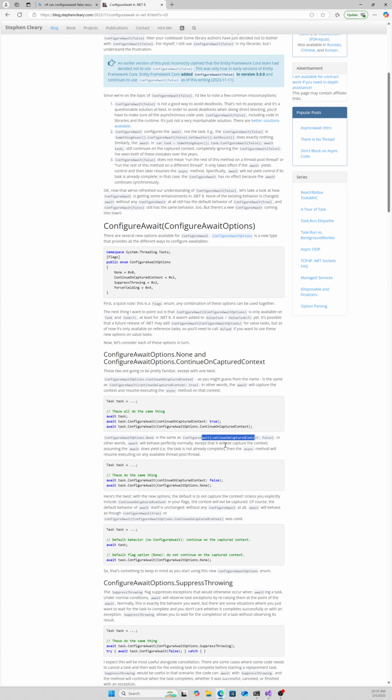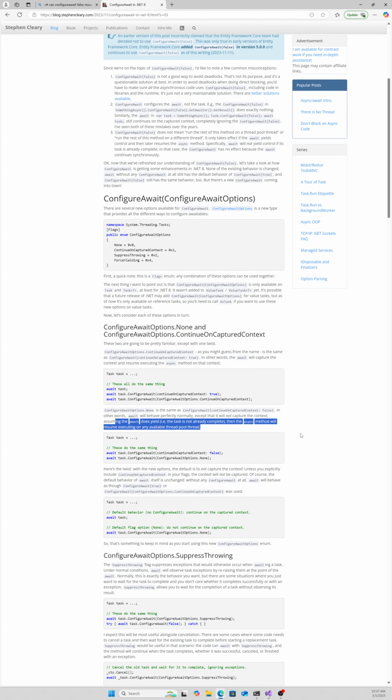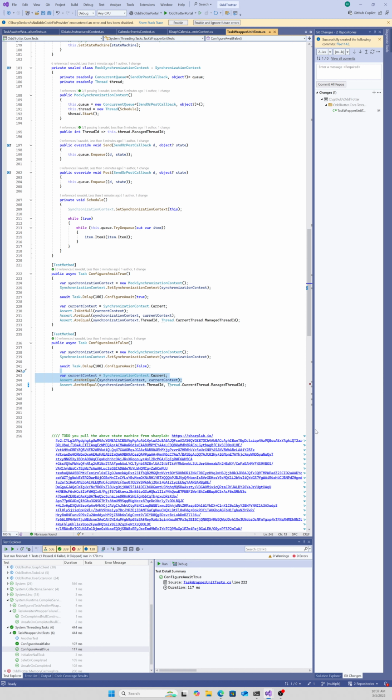Perfectly normal, except that it will not capture the context. Assuming the await does yield, then the async method will resume executing on any available... Oh, the await does yield. So I wonder if that means